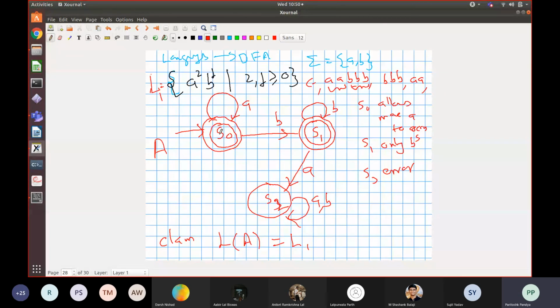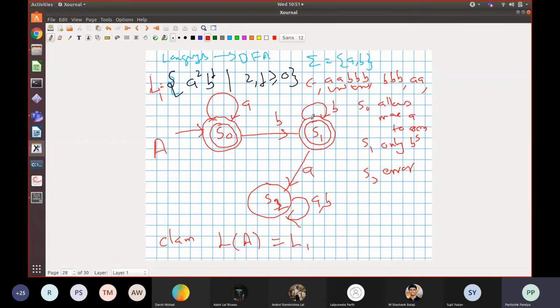Now, does anybody have any doubt about what language is accepted by this automaton? What can it do? It can start in S0. If the word is epsilon, it will accept it because it's already in S0, and no transitions occur. If a sequence of A's occurs, you go around this loop and stay in S0. And if your word consists only of A's, that is in the language and that is accepted. If after some number of A's, a B occurs, you move to S1. And that is allowed. So that is also a final state.